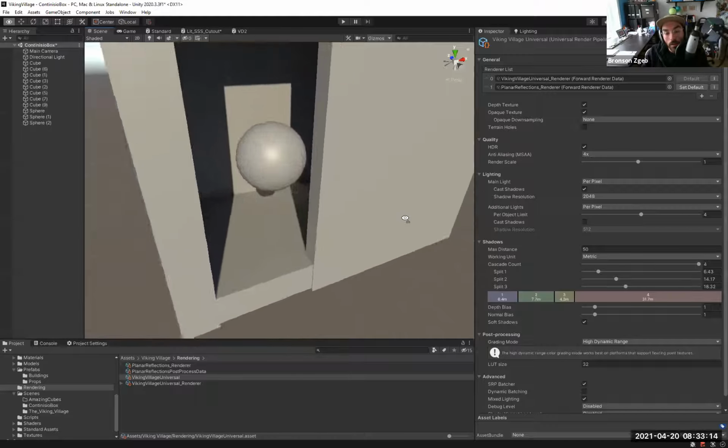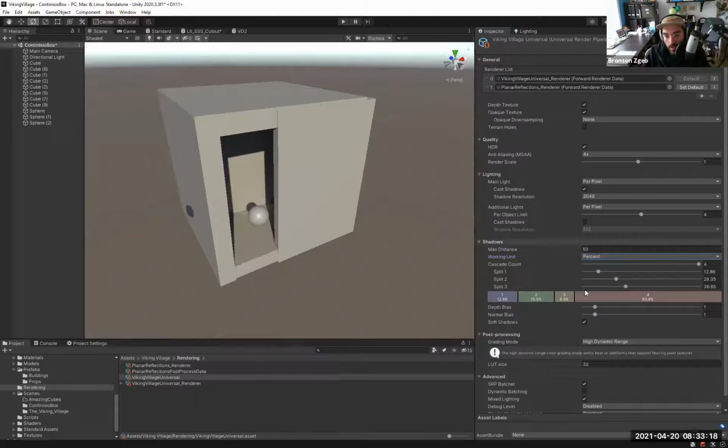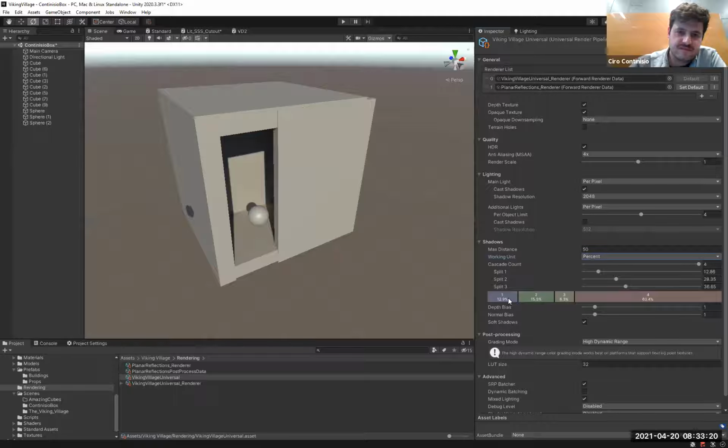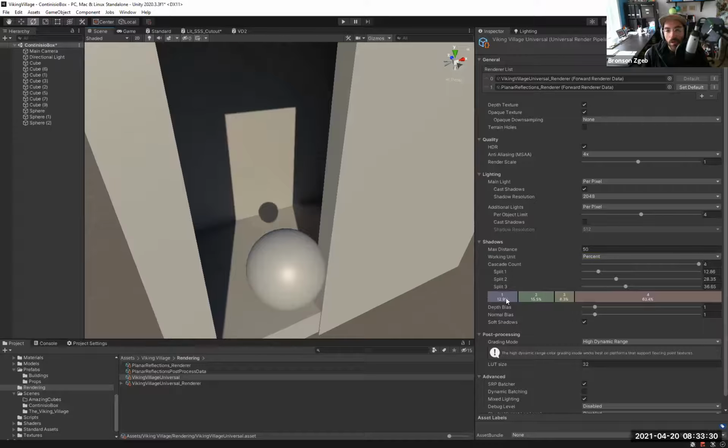Yeah. So another change now is the shadow cascades. They used to only work in percentages, which is okay, but it's not obvious. So, for example, shadow cascade 1, that's your highest quality shadow here, is going to be 12.9% of the distance from 0 to your max distance. So 50 somethings. We know it's meters, but 50 somethings.